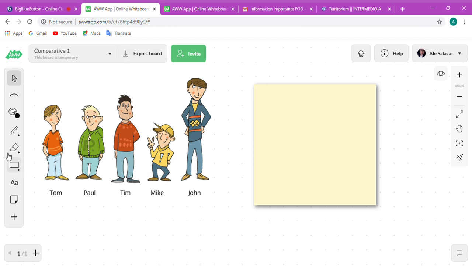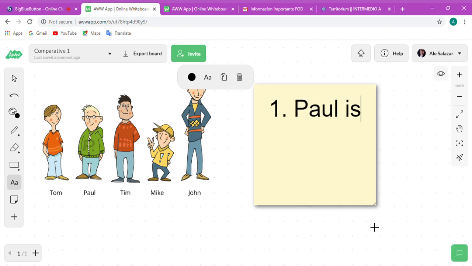Okay, so I'm going to send you this page and you have to write sentences using comparative adjectives, okay? You need to write 3 sentences. For example, Paul is blah blah blah. Okay, so only click on